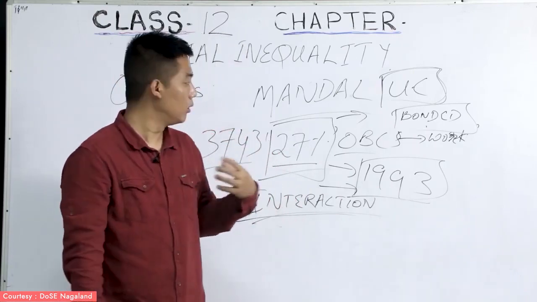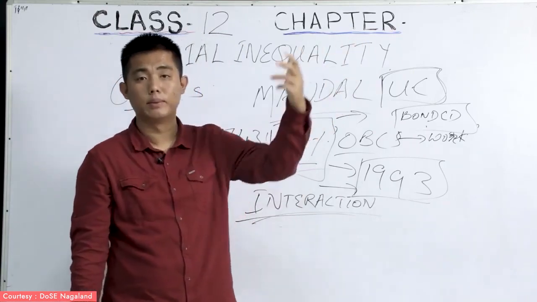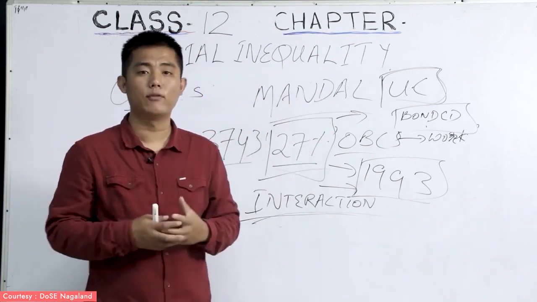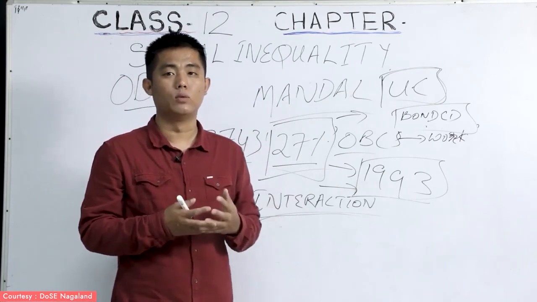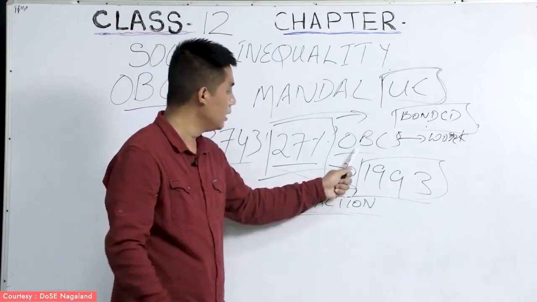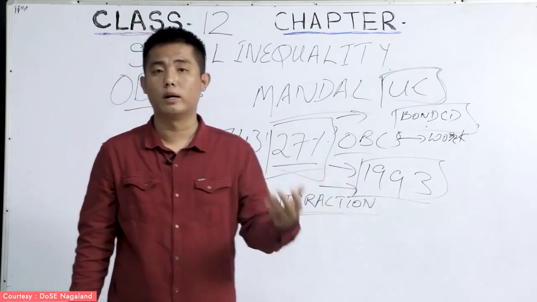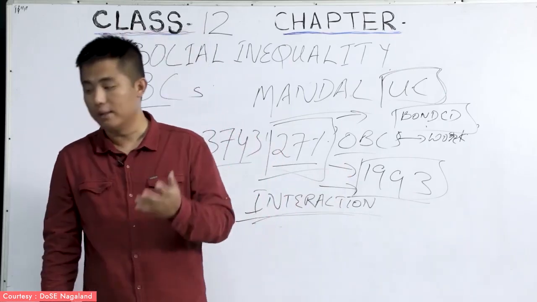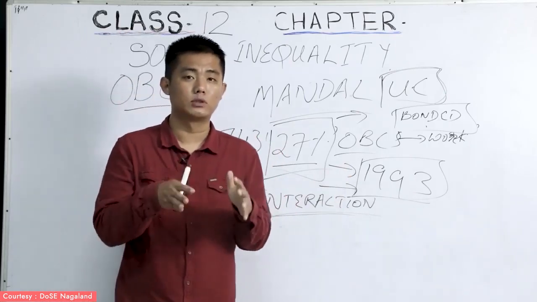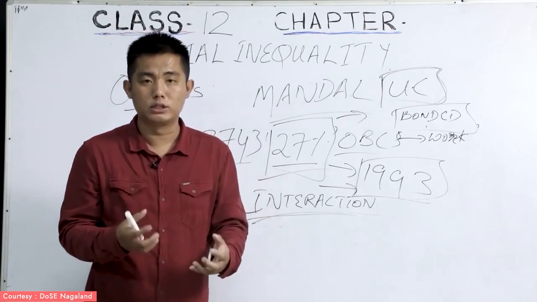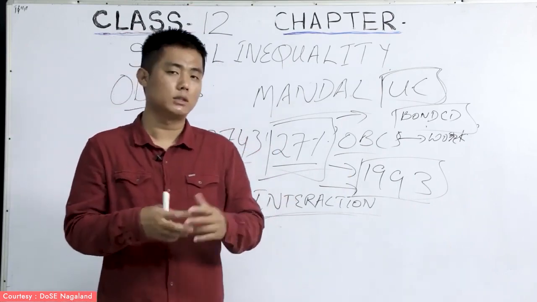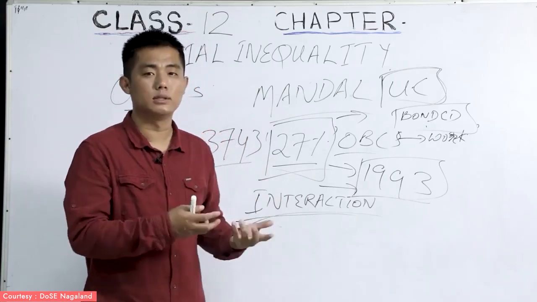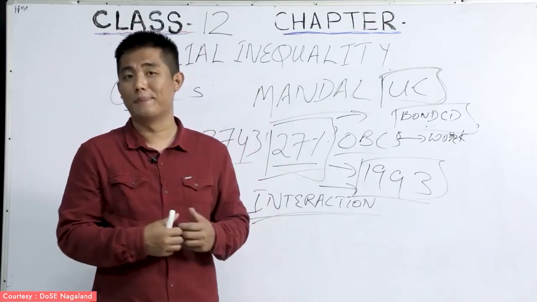Why? Because you are already bonded to that person, because you have borrowed some money from him. And these are some of the reasons why the OBCs are bonded towards the upper caste. And thus, they depend on the upper caste. Even when it comes to farming or doing agriculture, they have to depend on the upper caste for the land, because they don't have land of their own. That is the reason why they have to depend on the upper caste.